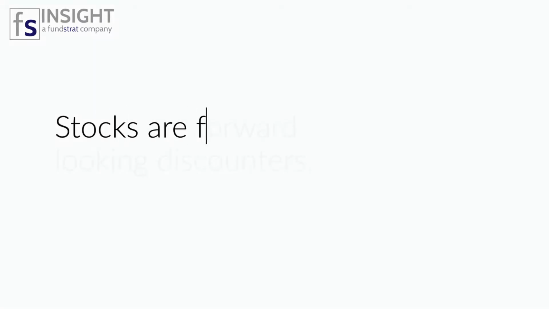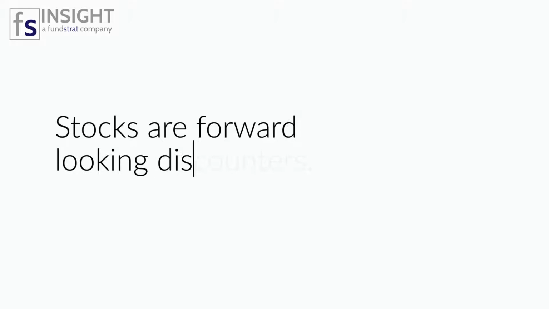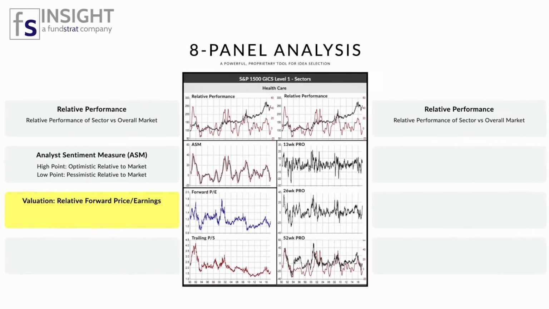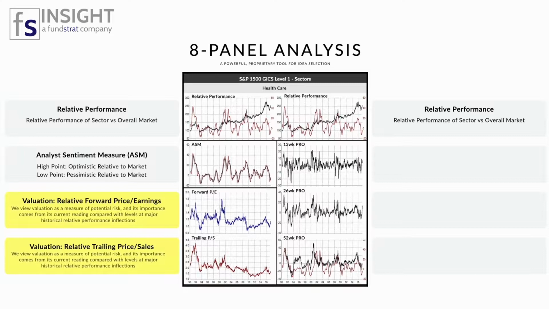Stocks are forward-looking discounters. We then bring in the other two charts on the left-hand side. First one is a relative forward PE. The second one is a relative trailing price to sales. So these are the two simple valuation metrics. When this earnings revision line gets very high, a lot of optimism, and the valuation metrics also get to high levels,